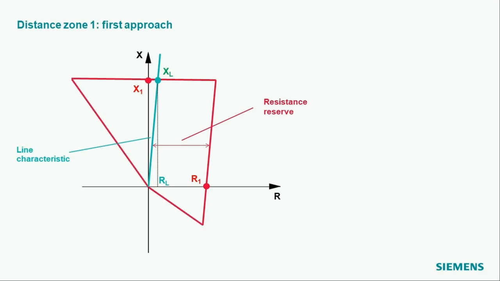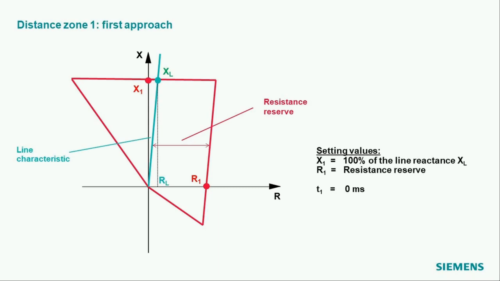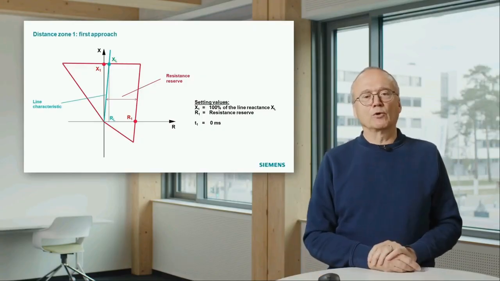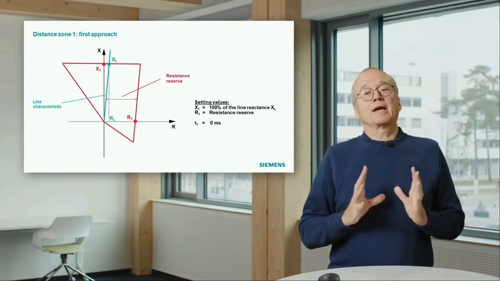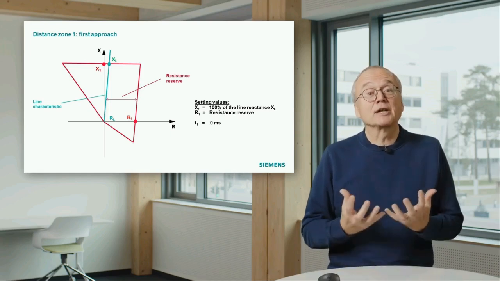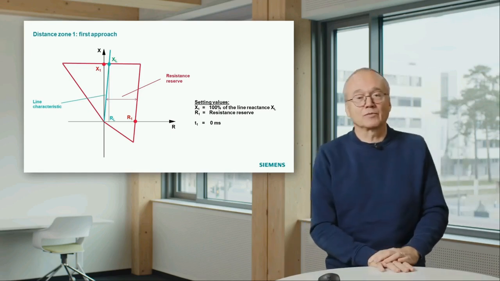And then to make this area complete, normally we would say, okay, we could limit it to the first quadrant. For some reasons, it's normally widened up a bit. That means the first zone looks like this. And we would say, okay, this is our setting. We make a reactive setting, 100% of the line reactance. The resistive setting, we calculate it somehow from the fault resistance as we expect. And if we find a fault, a short circuit, or if we measure an impedance inside this characteristic, we would trip.